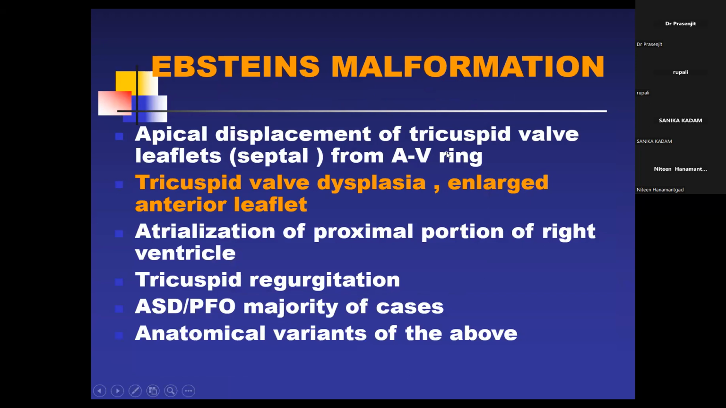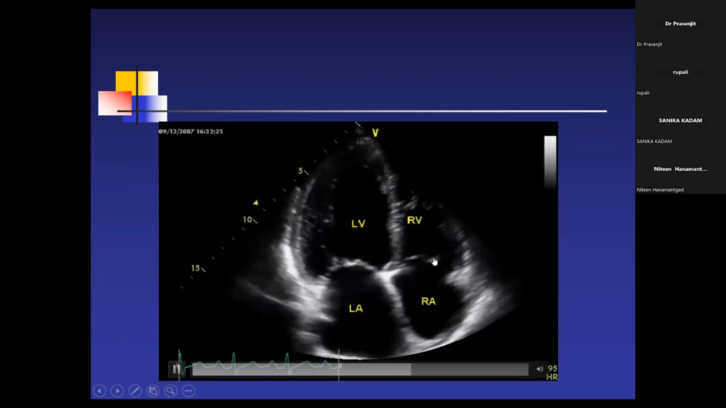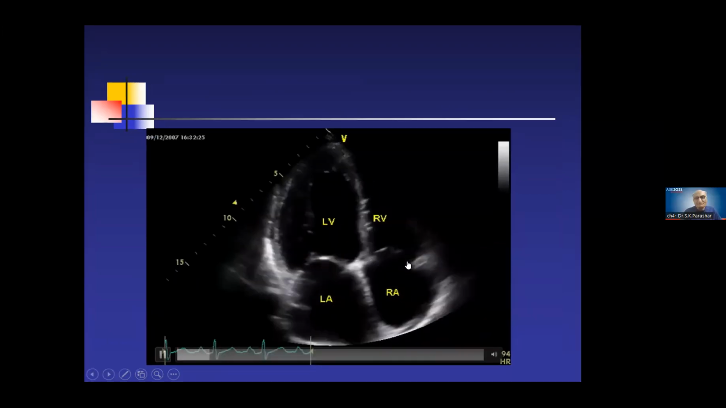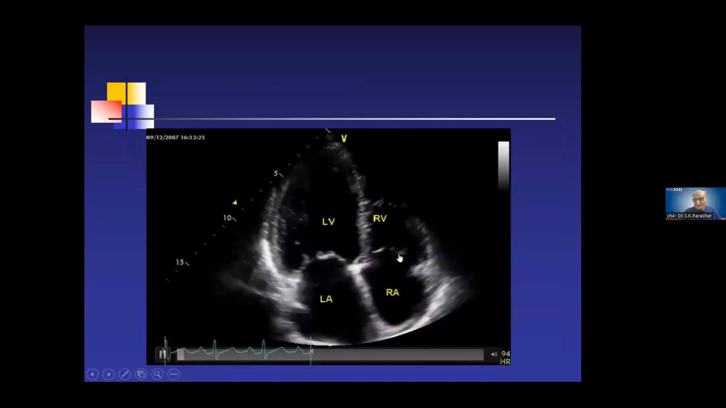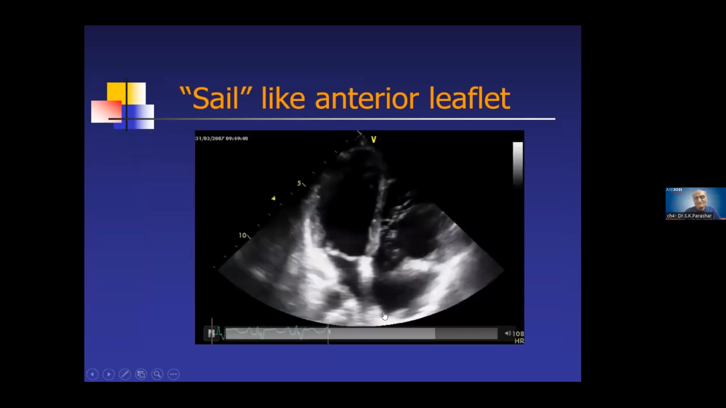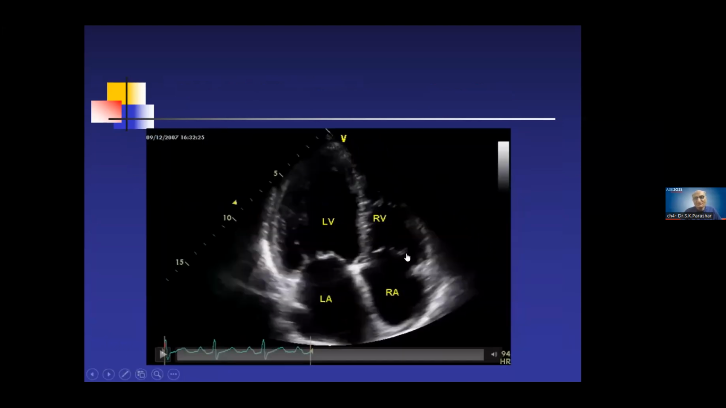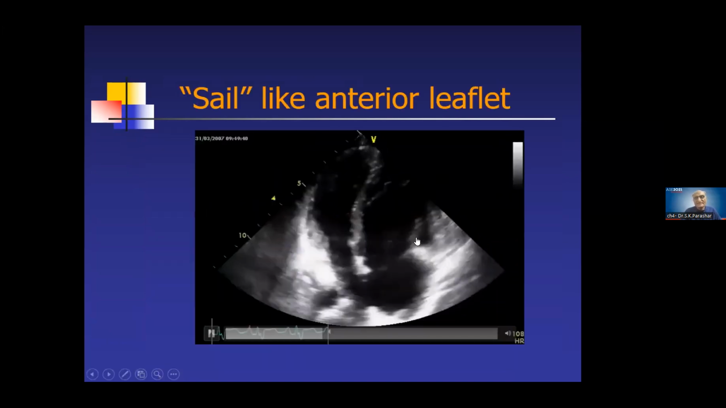You have seen the apical displacement of the tricuspid valve. Other is the enlarged anterior leaflet. You see here, again this is the normal patient. For better understanding, this is the anterior leaflet, this is septal, this is anterior. Very small anterior leaflet coming from the right side, but in Ebstein's anomaly you can see a very large anterior leaflet. Again, compare. You see a very small anterior leaflet here also, but here you see a large sail-like anterior leaflet,